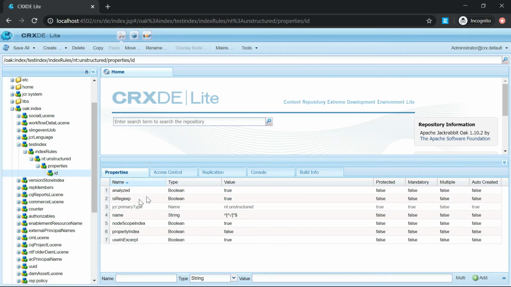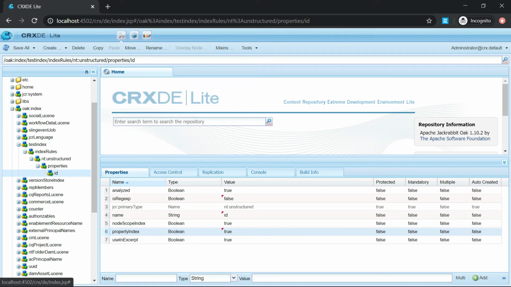Yeah. Now this is all fine. You can ignore it. Analyzed equal to true. Is regex. So I need to make it as false. I'm not going to use regex name here. So change this to ID. Because I know the property name is predefined, it is not regex. Now I'm going to leave some of these node scope index and the property values, but the property index, make it true. This is the property index, it is not a full index.